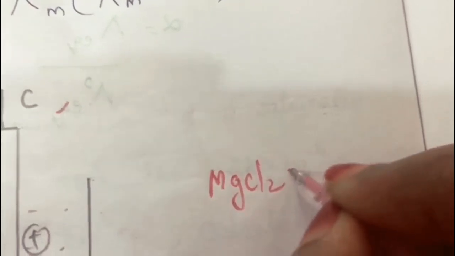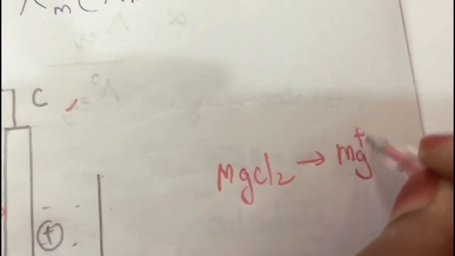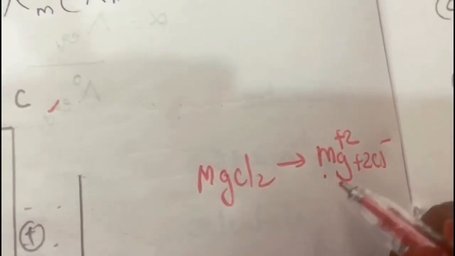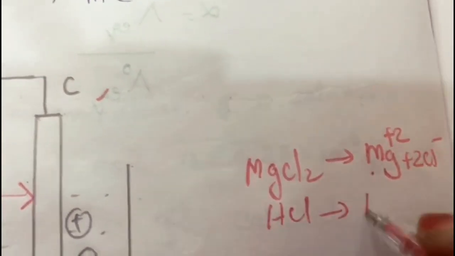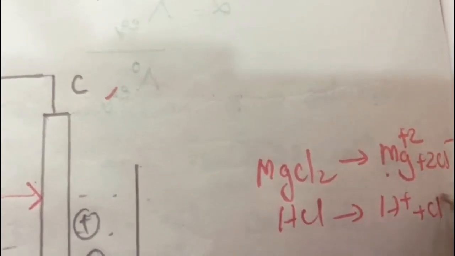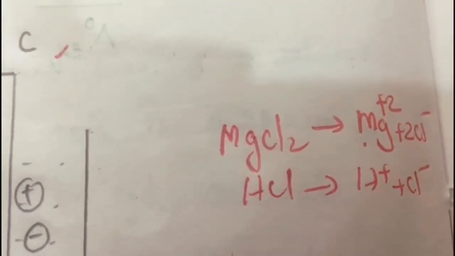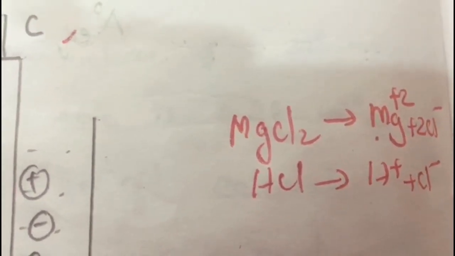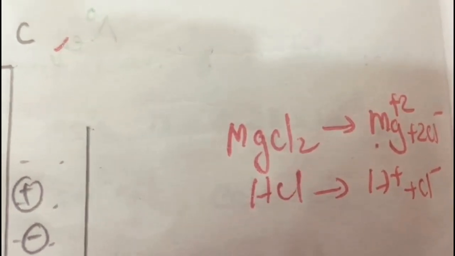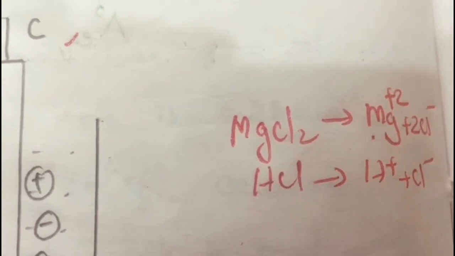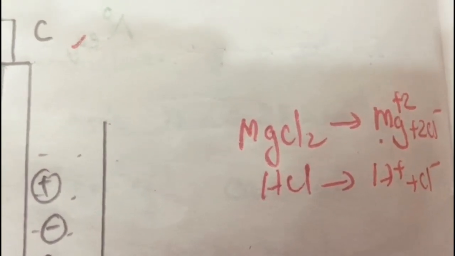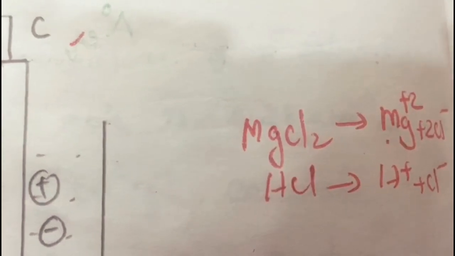So let us discuss an electrolyte MgCl2 that will dissociate as Mg2+ and Cl-. Here Mg2+ and Cl- move with different velocities. Another example is HCl, here H+ and Cl-. Here the velocity of H+, or the ionic mobility of H+, and the ionic mobility of Cl- is not the same. Now we will discuss what will happen if the ionic mobilities are different and what will happen to the electricity passed because of this ionic mobility.